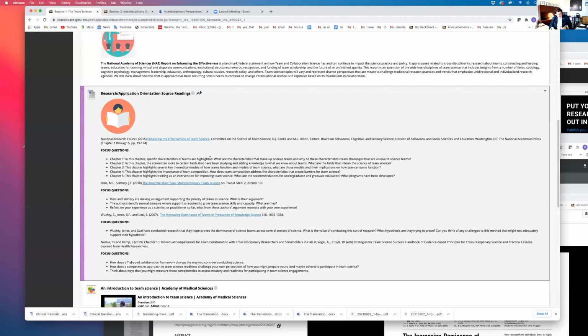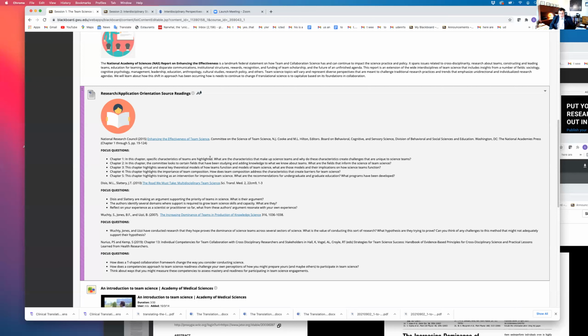So in the National Research Council document, I really like page 27 and following, where it highlights some of the goals and potential challenges for teams. These are things we see all the time in research: high diversity of membership, how deep knowledge integration might be achieved, team size. It says large size teams, but really team size in general, and what's the optimum size for teams to work. It's very hard to know.